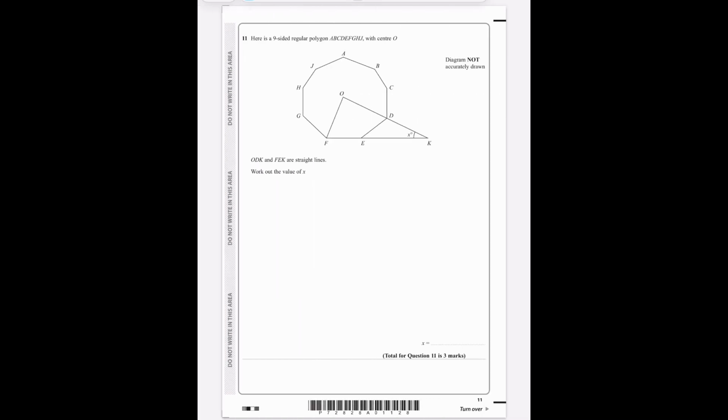Question number 11. We've got a nine-sided shape, a nonagon. We can take 360, divide it by 9 and double it, and that would give us the 80 degrees in the center there. The two angles on the side are going to both be, well, we can work those out. We know that the interior angle of a nonagon will be 7 times 180 divided by 9, which is 140,